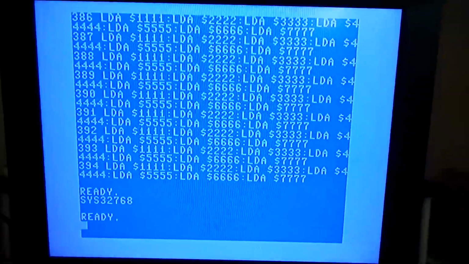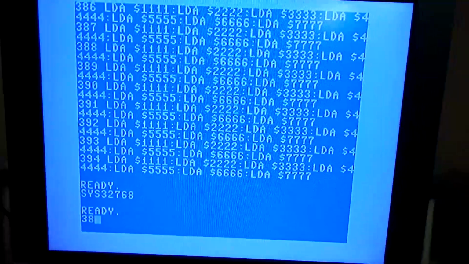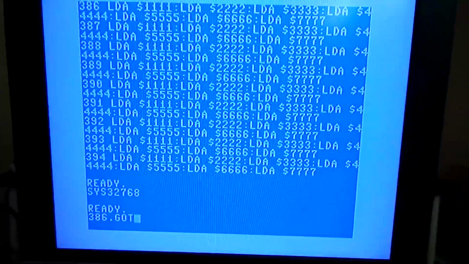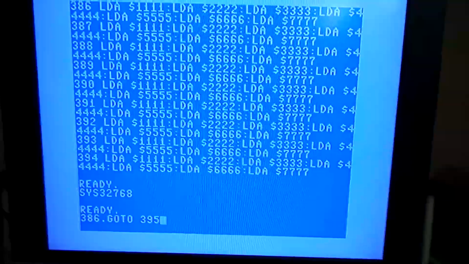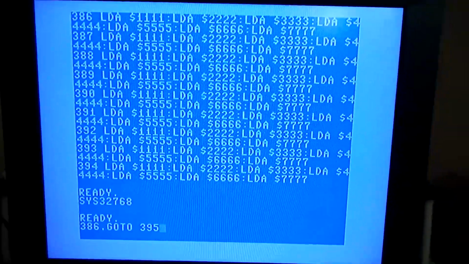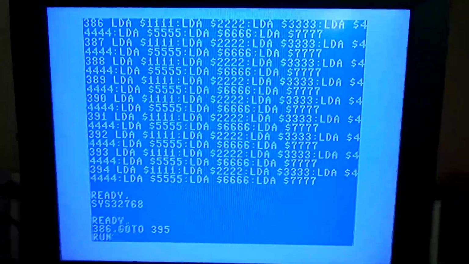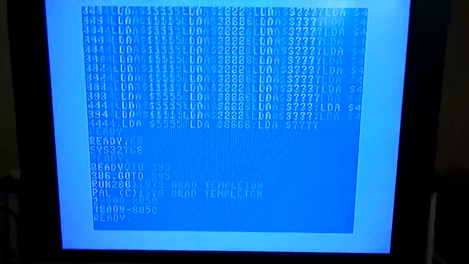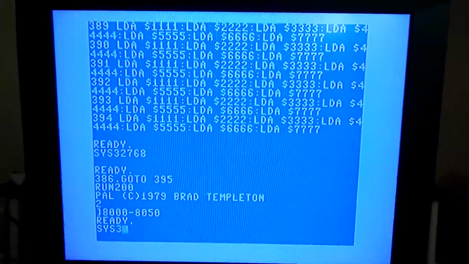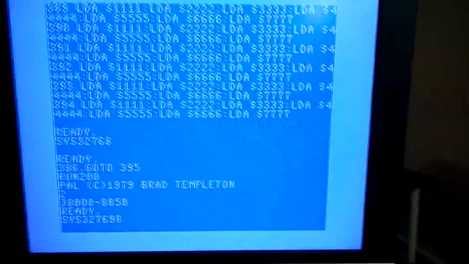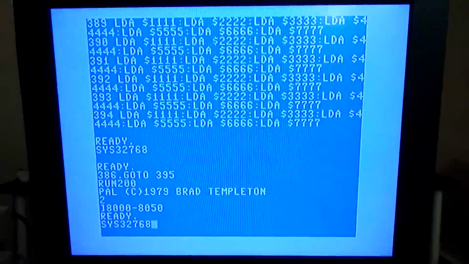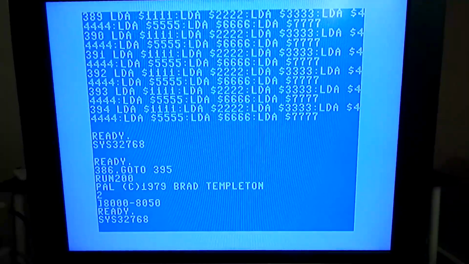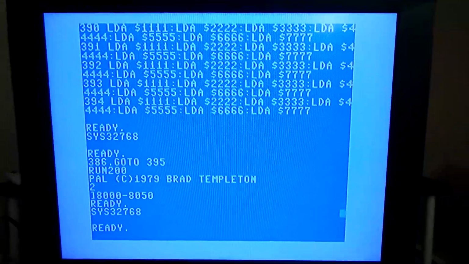Yeah, so let's see here, 386, go to 395. So now we're going to skip a bunch of these, reassemble it, and now it's going to play like a super hyper chipmunk, and you might not even be able to make it out, but it'll be a higher voice. Now listen. See? Of course,